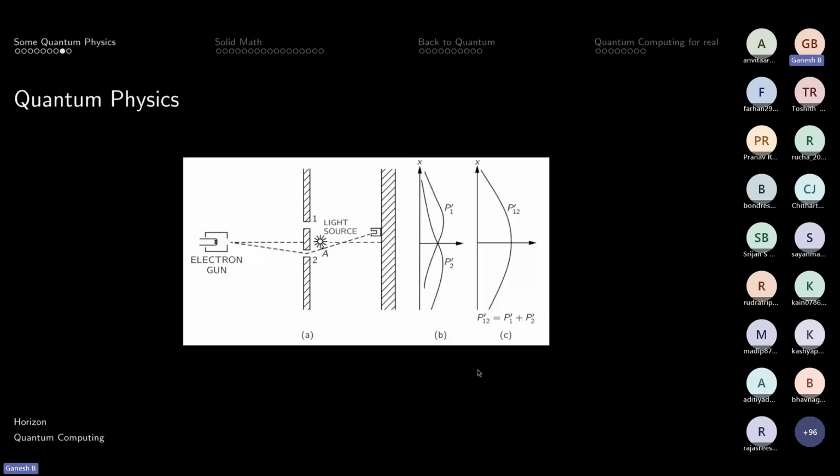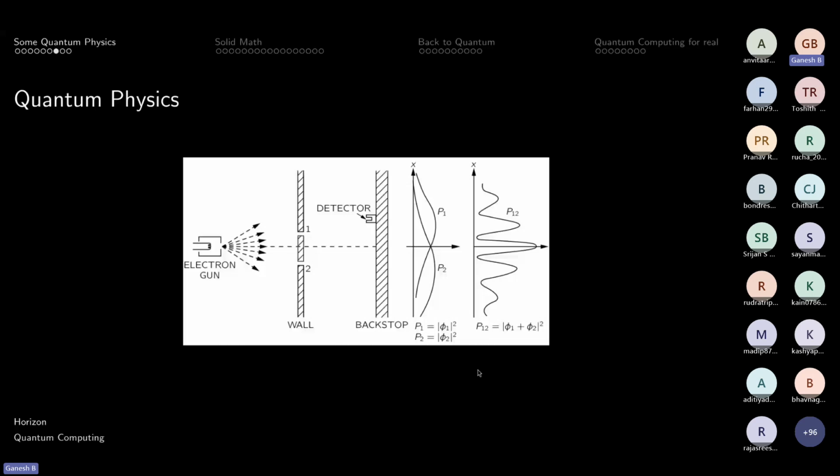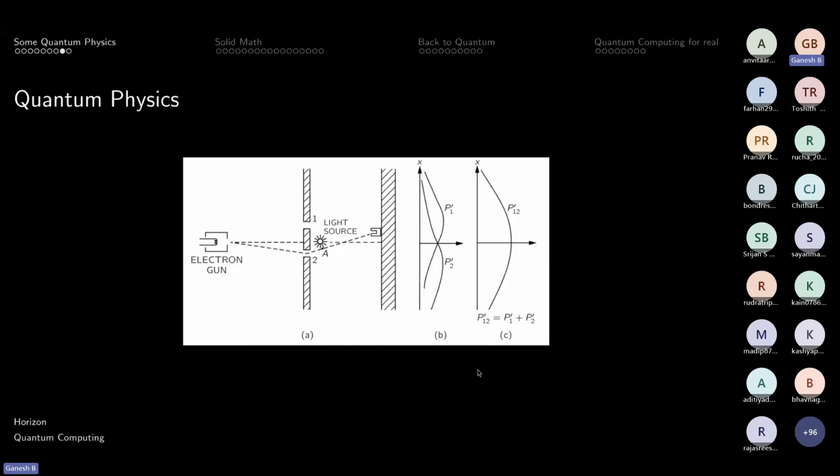If I keep a light source in between and try to observe what exactly is happening in that region, I immediately get a different probability distribution. This now behaves just like you would expect a normal particle to behave. So what has happened here? The same event, but due to the very fact that you're observing, the event outcome changes.